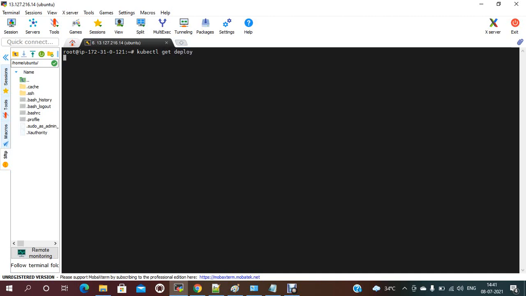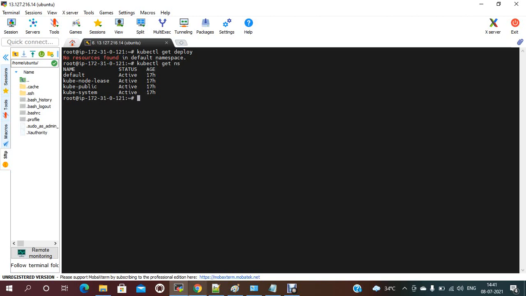Currently, there are no deployments, and let me also check namespaces with kubectl get ns. Currently, these are the namespaces: kube-system, kube-public, kube-node-lease and default.